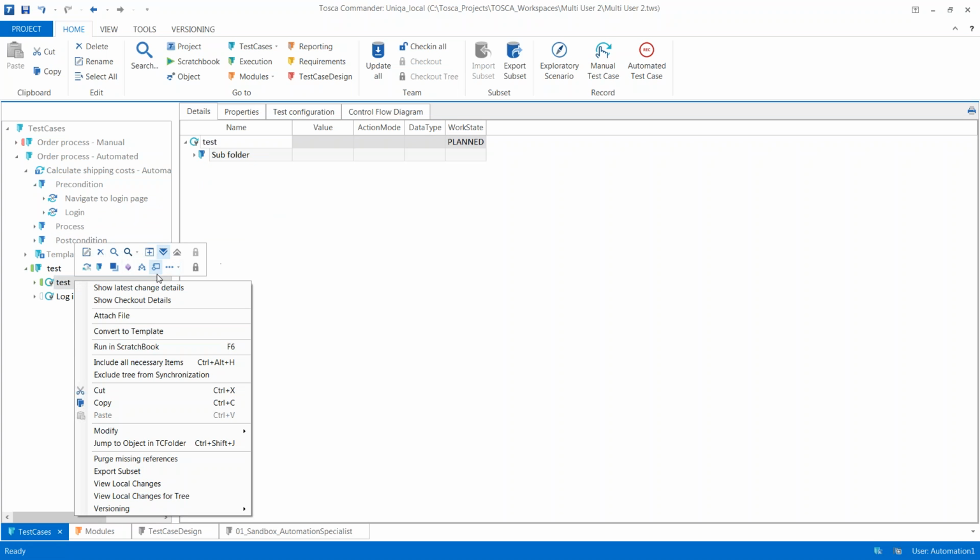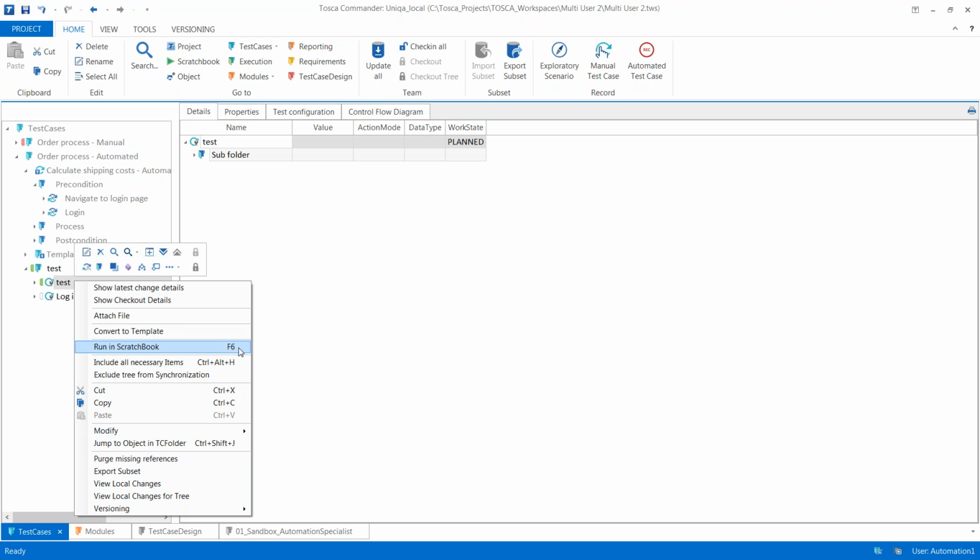Also on there, you'll notice that when we clicked it, we also had the context menu. The context menu allows you to do a number of other things as well. Cut, copy, modify. Depending on where you are, again, depends on what you need to do. Many of these are quite complicated things. Some of them are very easy. The running scratchbook, for example, is one that you will be requiring and will be using an awful lot, but